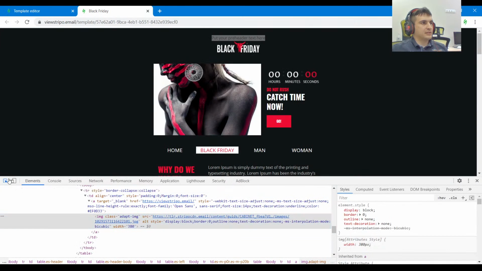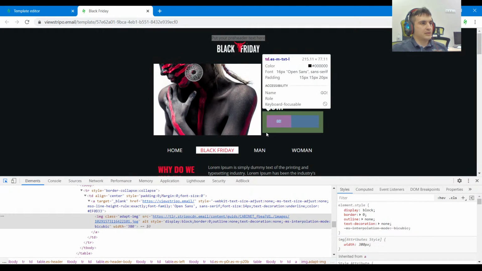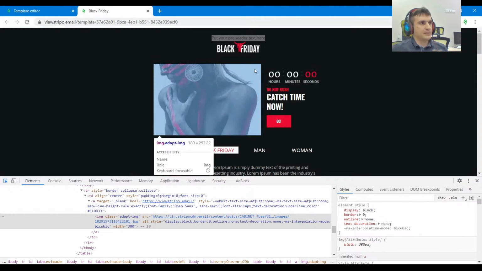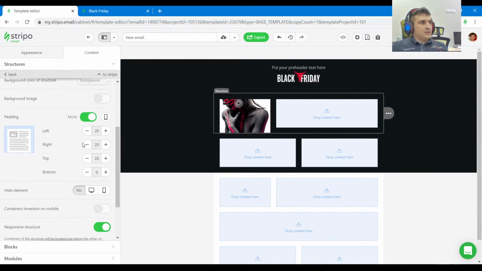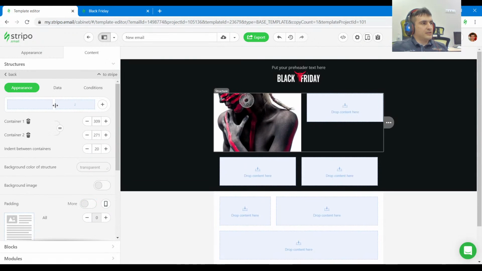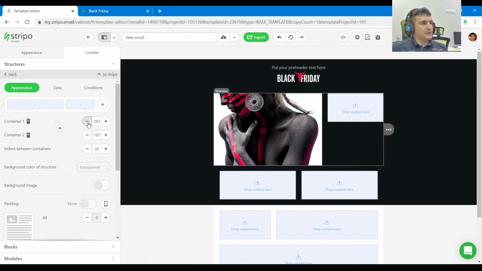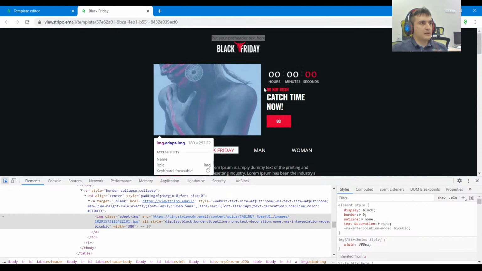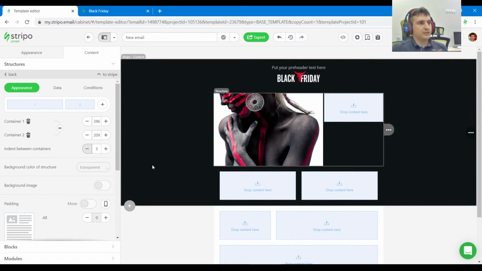What about the size of this image? 380, and we don't have paddings for the structures. So let's remove them and increase the size of the container up to the desired size this way. And we can also reduce the indent between containers,